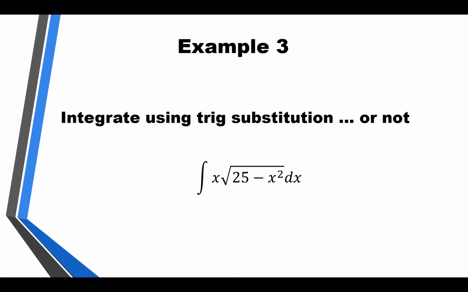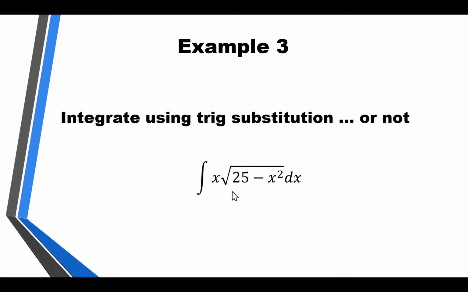Now, there is one thing I want to mention before we get too far into this. Trig substitution, as we've seen, is a fairly complicated process. It's not a real simple process. So every time you see a square root of something squared minus something else squared, you may want to do trig substitution, or you may not want to do trig substitution. In this case, this one that I'm looking at here,